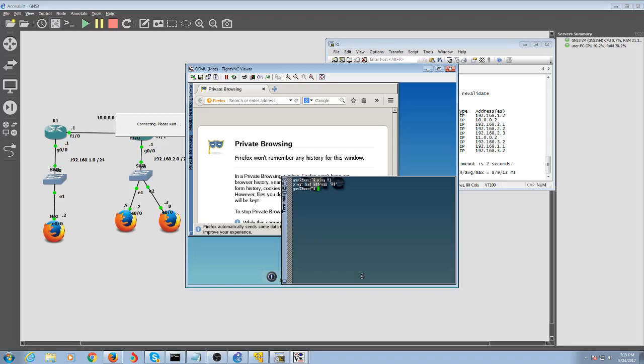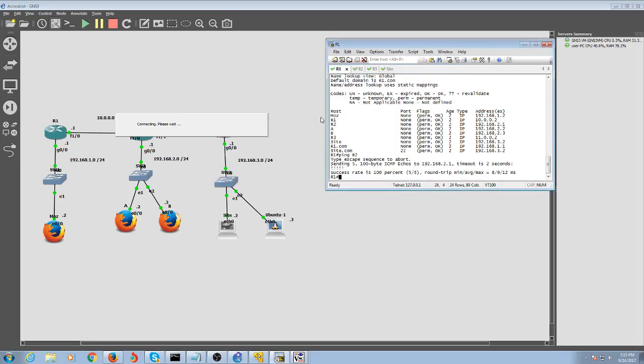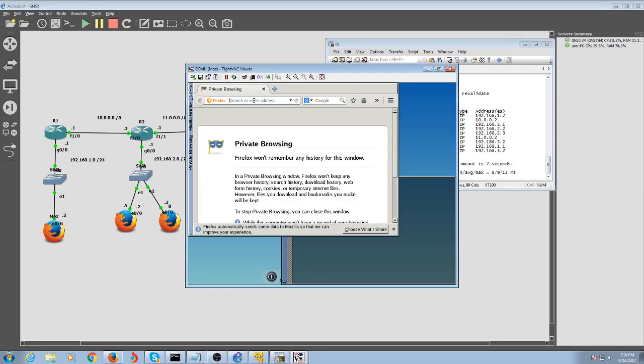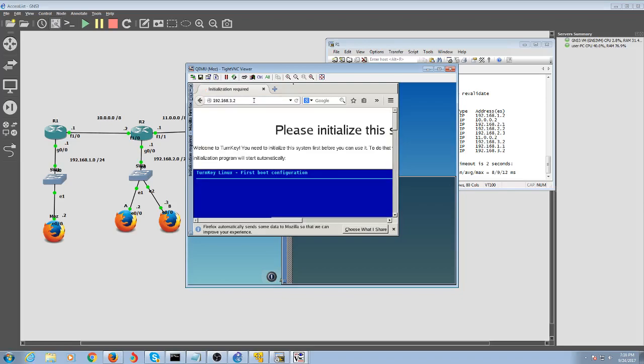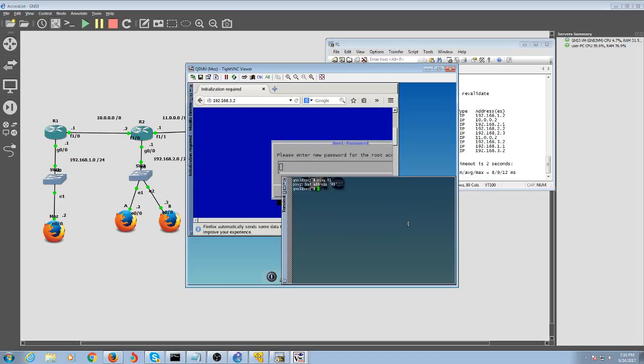So yeah. Also, I have added a web server so we can test out permitting and denying HTTP ports or protocols. Let's test this out first. 1.3.2. Yep. And we can also ping